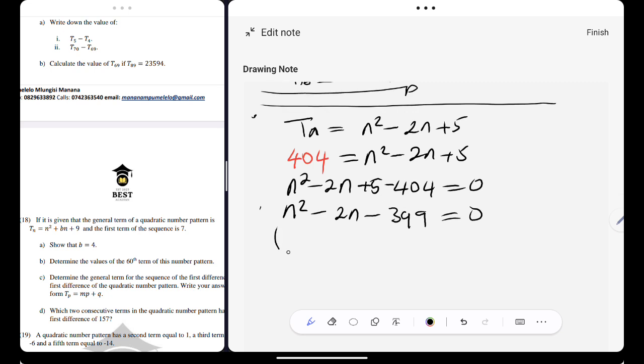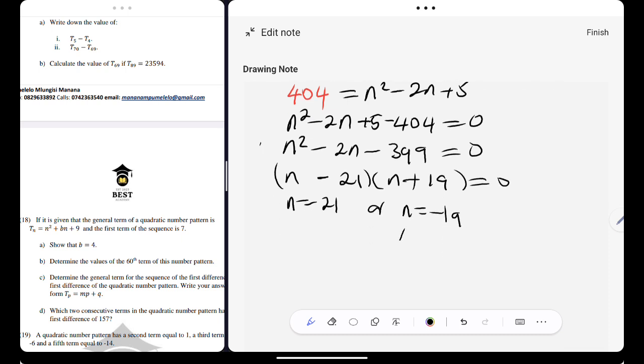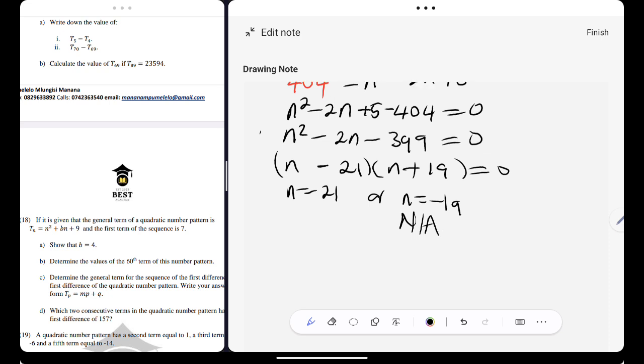And those factors are 21 and 19. The bigger factor will always take the sign of the middle term. The middle term is negative, so the bigger factor goes with the negative. Then n is 21, or n is negative 19. This one is not applicable. So therefore, the conclusion should be